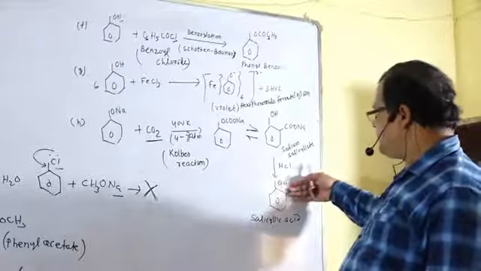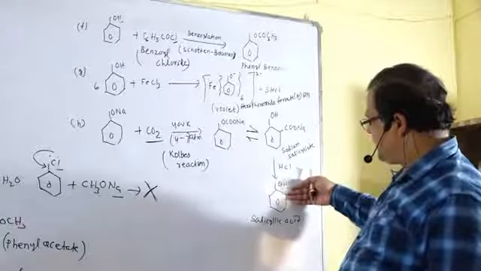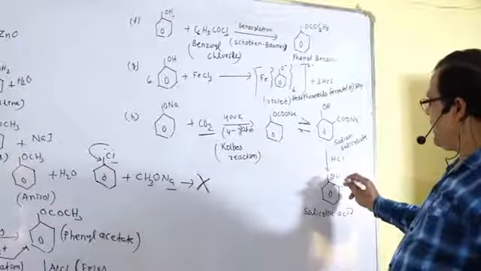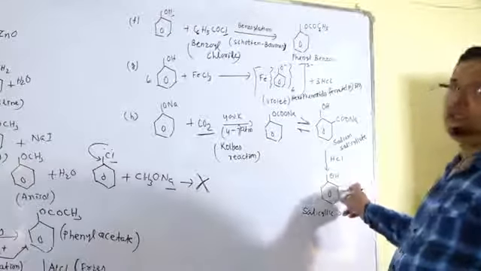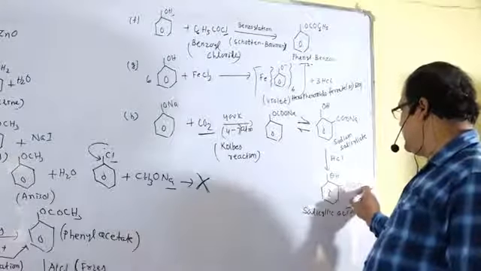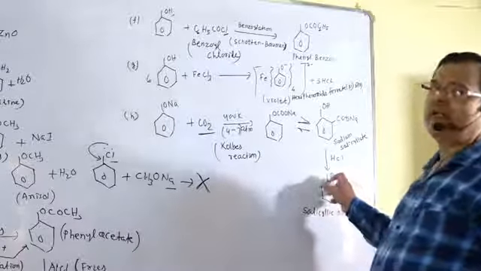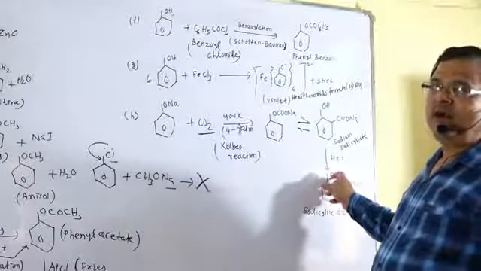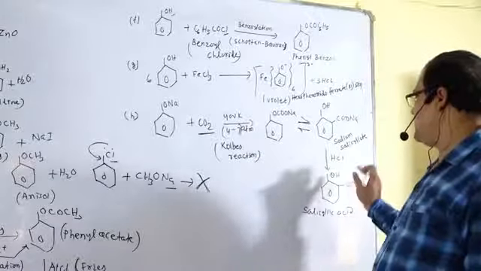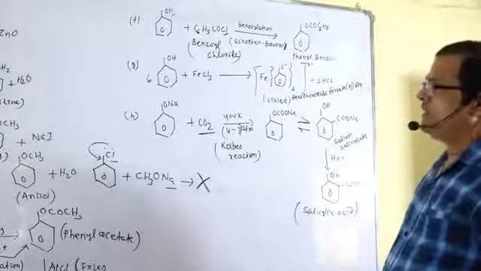This is named as phenol. This is named as benzoic acid. Among these two groups, the COOH group is treated as the senior group. So the name of the compound is made according to the COOH group, that is benzoic acid. The ortho position contains the OH group, therefore it is named orthohydroxybenzoic acid. That is salicylic acid, orthohydroxybenzoic acid.